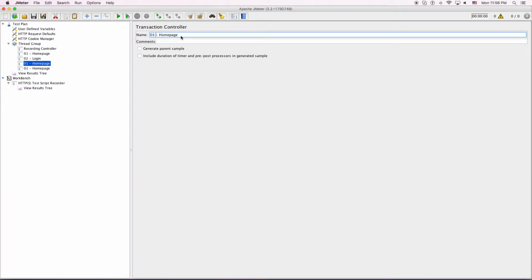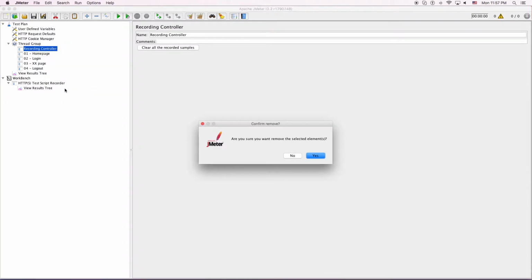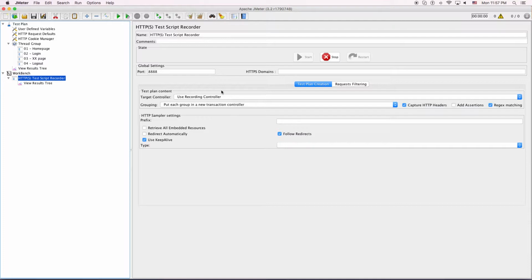Number 3, XX page. We're going to do it later with the application that we're going to record. Number 4, logout. Okay, so I'm going to delete the recording controller